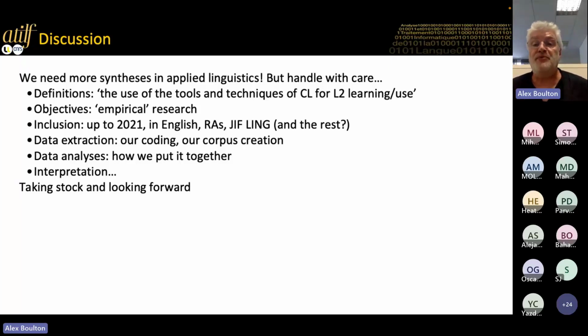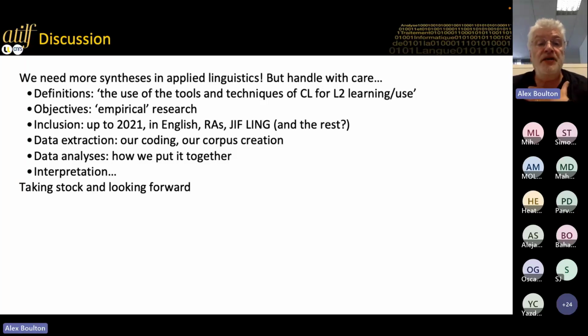What about book chapters, PhDs, conference proceedings? We could have included them, we didn't. Also, we only had ones which had a journal impact factor, so it's prestige, widely cited journals, and the ones in linguistics. But there are lots of other things as well which we didn't include because it would just be too much.